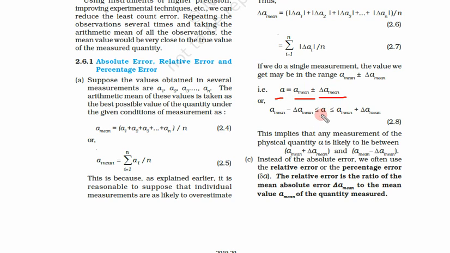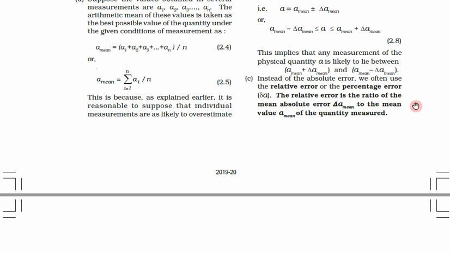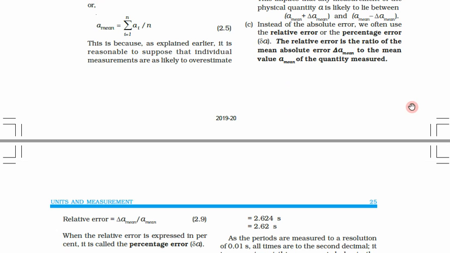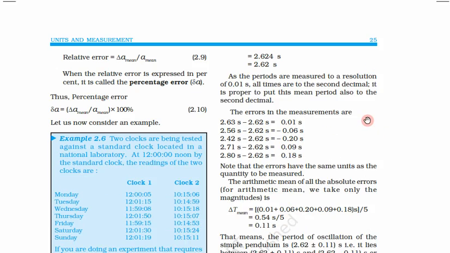So plus minus means the value of any quantity lies between average value minus average error and average value plus average error. So that we have understood. But we have also learned that a better way to represent error is relative error or percentage error, because that gives us the choice to compare between two different experiments, to see who is performing the experiment in a better way. Otherwise absolute error can give us a false result that this person is doing better, while that person can be doing much worse than the other person.